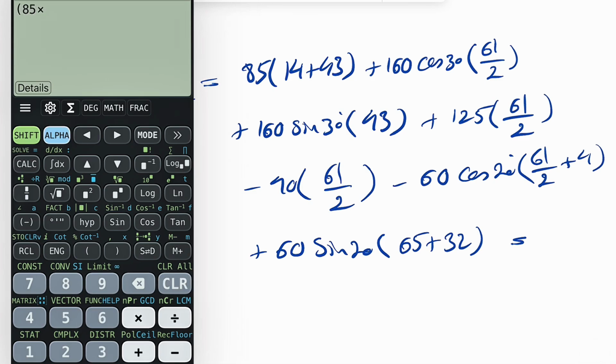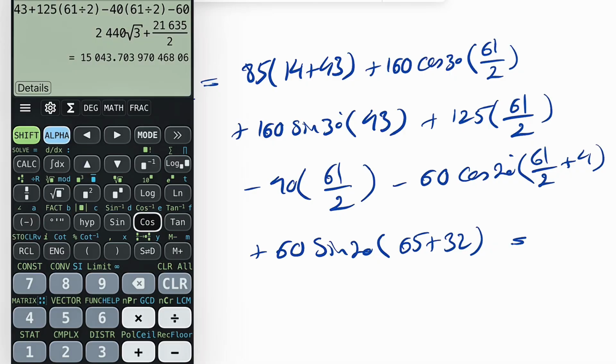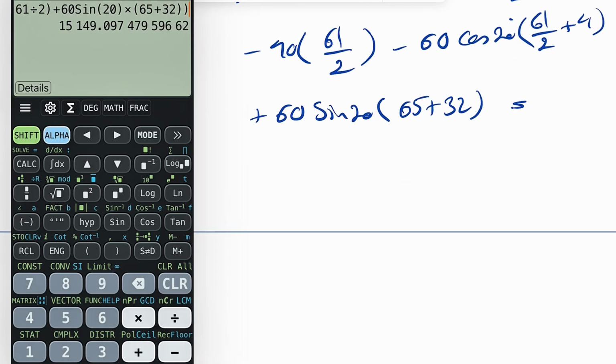Let's see what we get. So 85 times 14 plus 43 plus 160 sine of 30 times 43 plus 125, 61 divided by 2, negative 40, 61 divided by 2, negative 60 cosine of 20 times 4 plus 61 divided by 2 plus 60 sine of 20 times 65 plus. So that's going to be our moment,